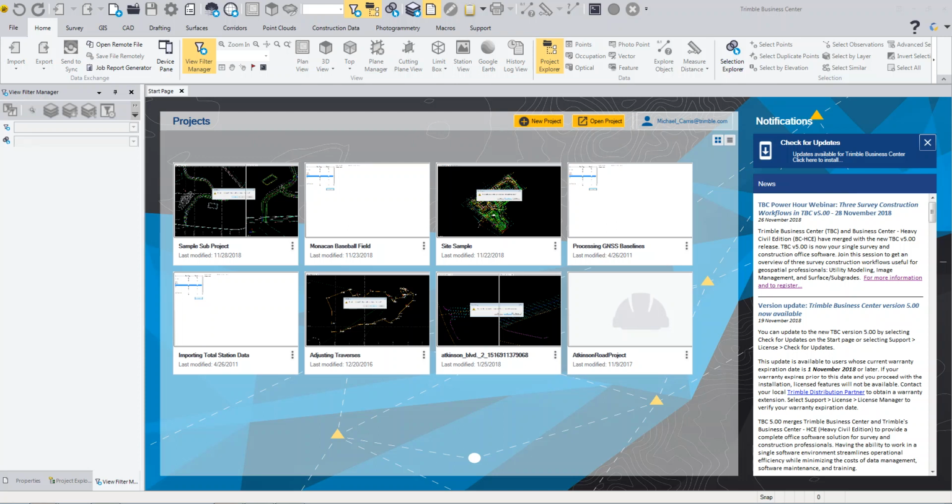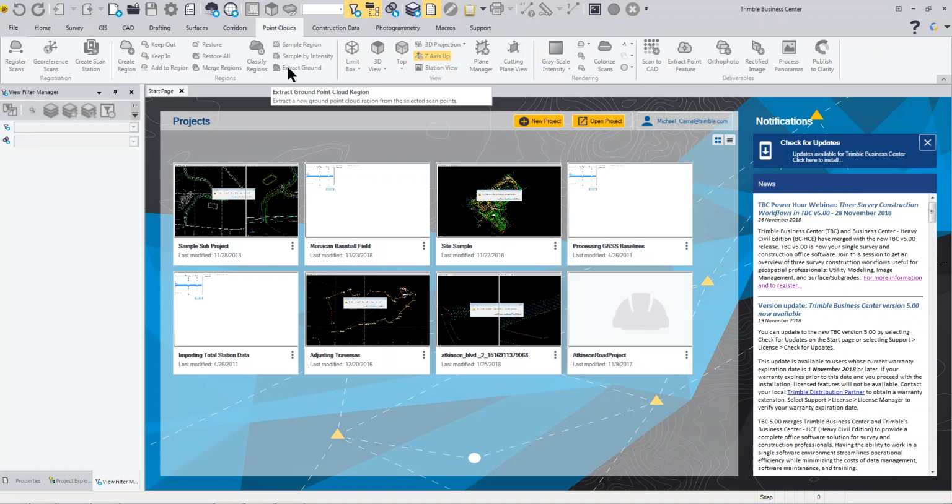When you first launch Business Center with the Survey Advanced Edition, you're going to notice a couple new tabs. You're going to see a Point Clouds tab, a Photogrammetry tab, and a Macros tab. These are mainly the new or available features provided with the Survey Advanced Edition versus the